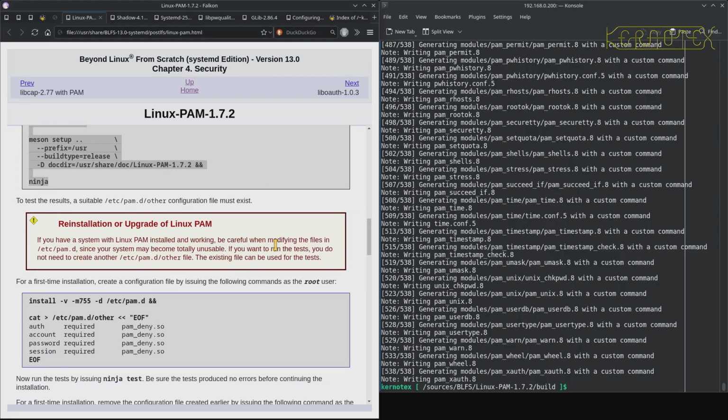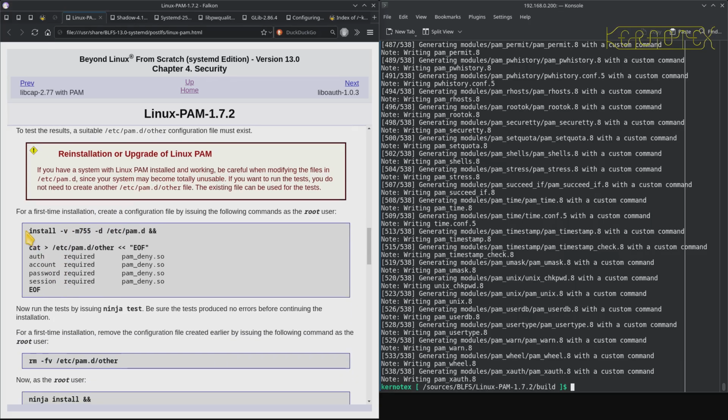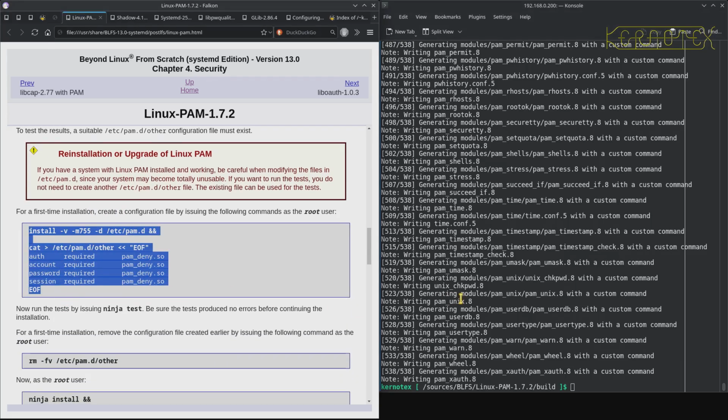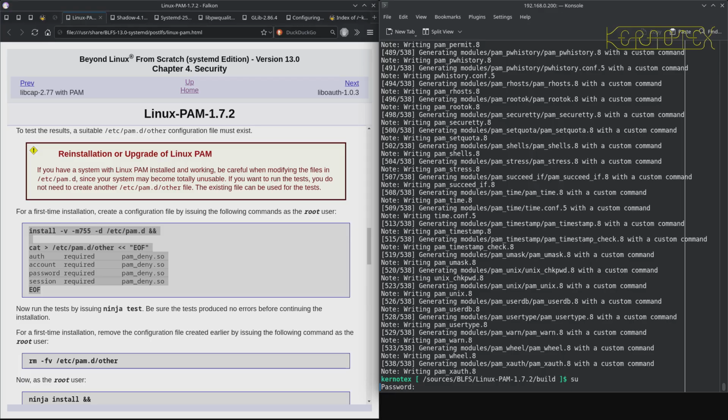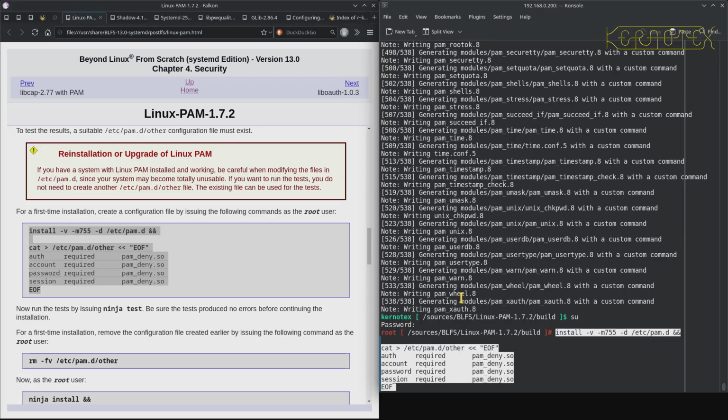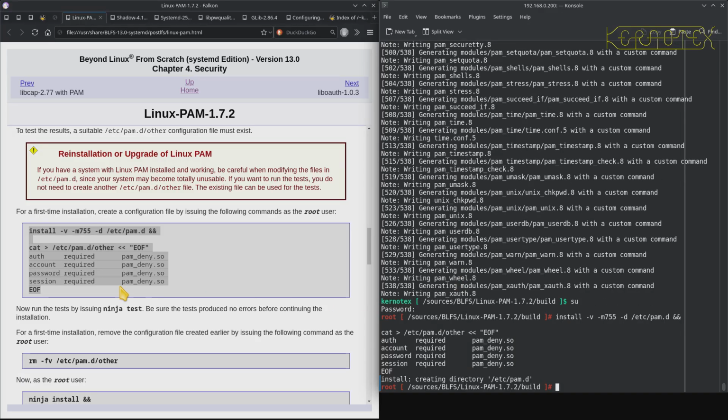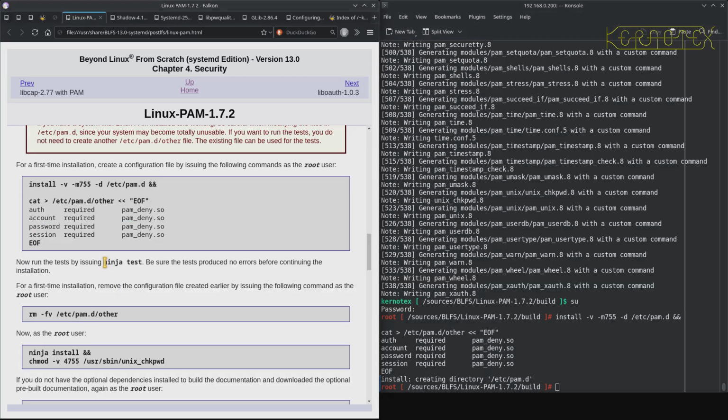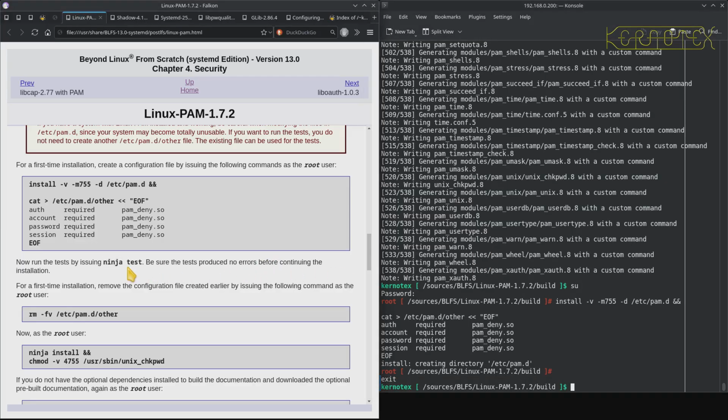If you have a system... Right, so we haven't got Linux-PAM installed. We're installing it for the first time. For first time installation, create a configuration file as the root user. Run ninja test. That doesn't say to do that as the root, so